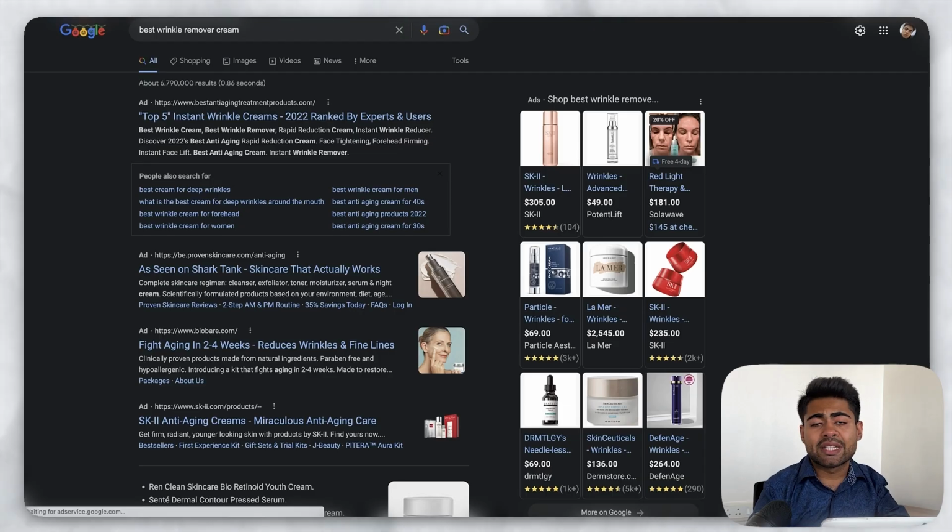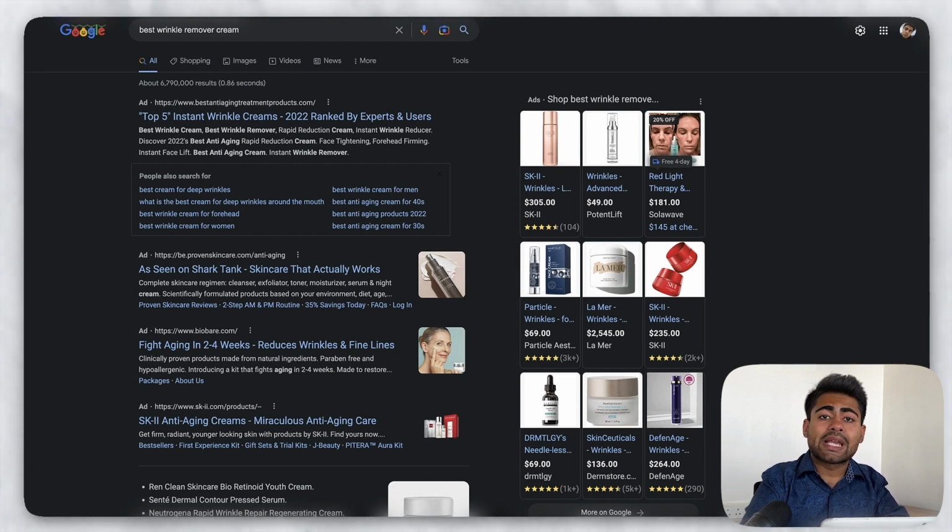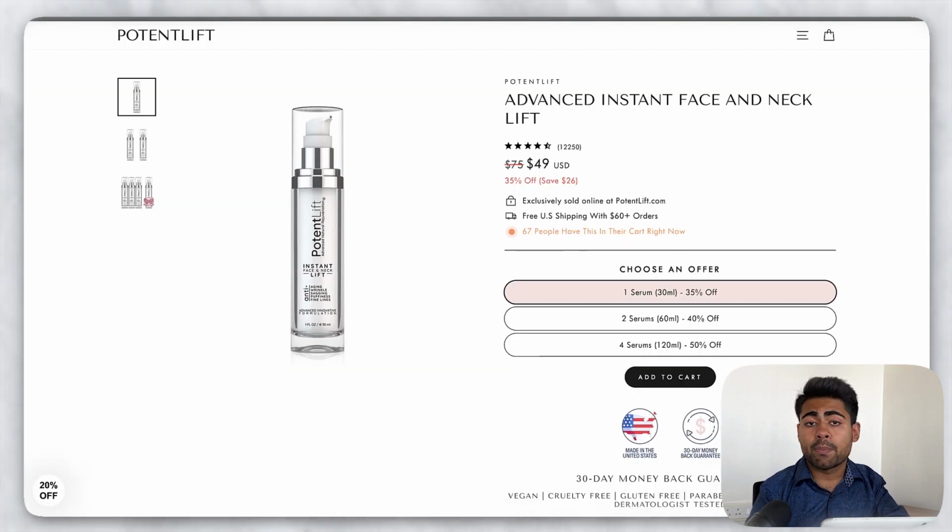So to kind of recap this strategy, the best strategic approach towards a search campaign in 2023 and onwards is to create a search campaign that is educational based with certain educational filled keywords like this one right here within the description, and direct that specific search campaign ad group towards a blog post instead of a collection page or instead of a product page. And the most important part,